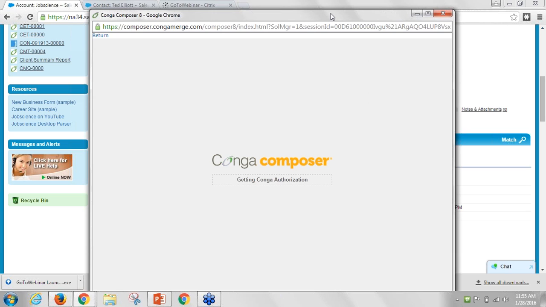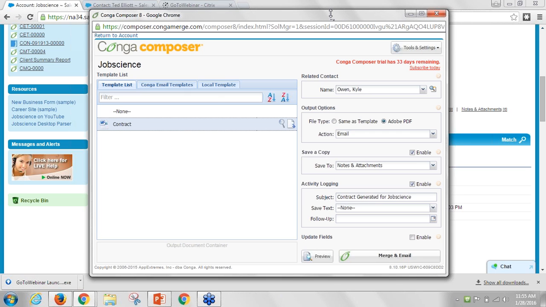So the same process, we're going to create that button on the account. In this case, we're getting the contract information, we're getting the assignment information, we're pulling some information from that particular contract record. And here is a contract template. And in this case, we're going to change it. We're just going to download it and be able to, actually, we'll email it. But what I want to show you is a preview of that particular document.